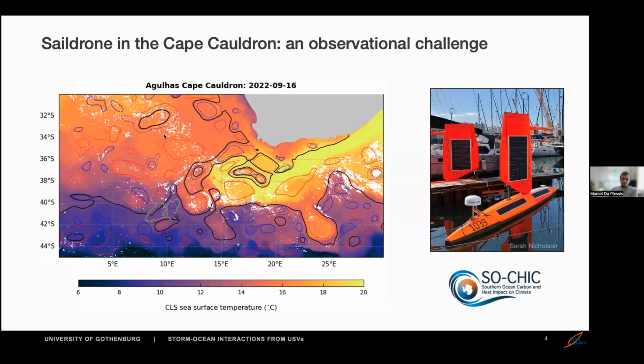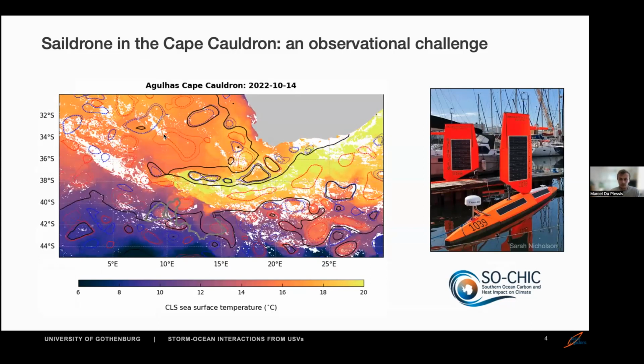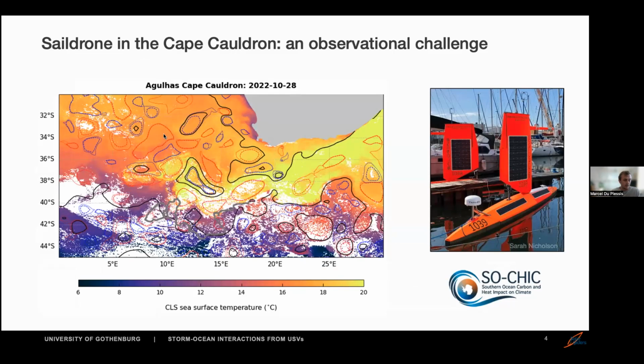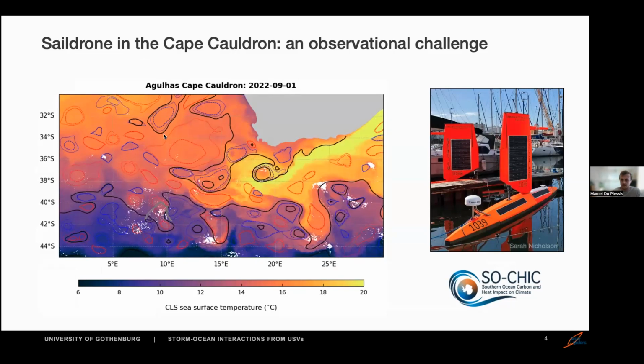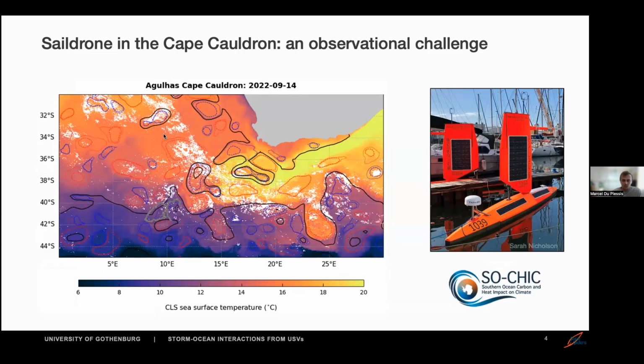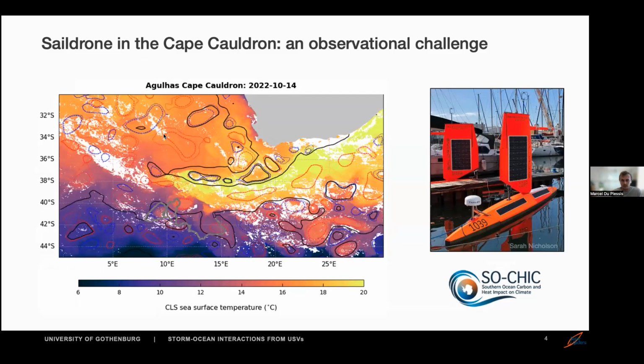And so one of the instruments we use is a sail drone, which I'm sure I'm just preaching to the choir here, but it's a really great instrument to measure air sea fluxes. It's relatively tall and robust, and the ones we used were kitted with the full instruments to measure the air